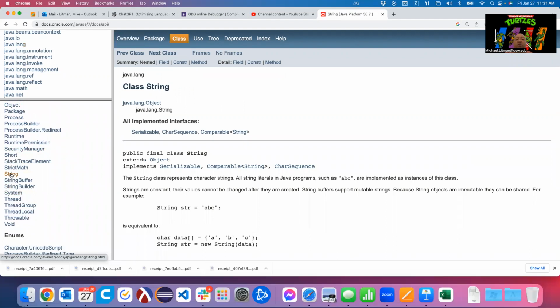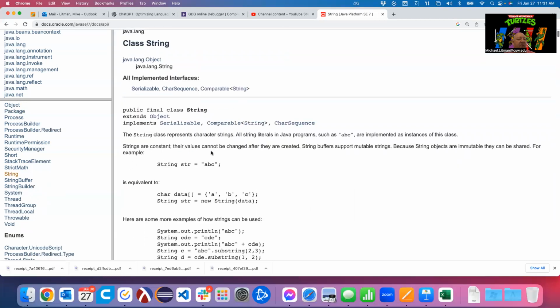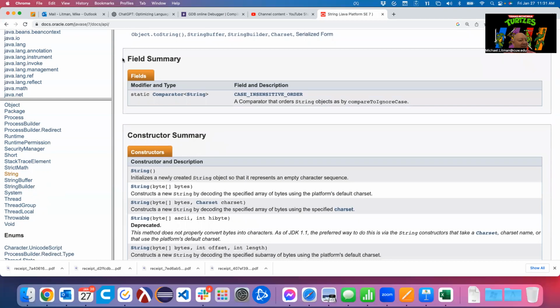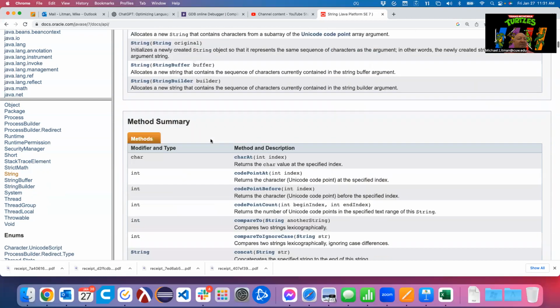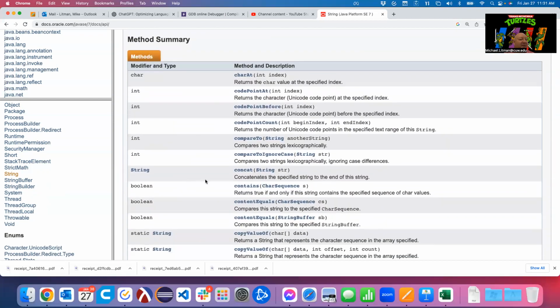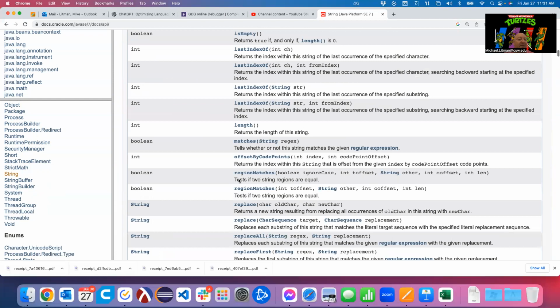If we were to use the Javadoc syntax, which we're not going to do, because we're lazy, and I haven't done it in years, so I don't want to do it. Nobody does it anyway, so I'm not breaking what you're going to do in industry either. Okay, it'll give you something that looks kind of like this. Here's your collection of fields that belong to the string class. Here's all of the constructors. These are all the different ways you can build a string. Okay, then we have our method summary. So here's all the methods that are built into the string class. And these are all the core ones.